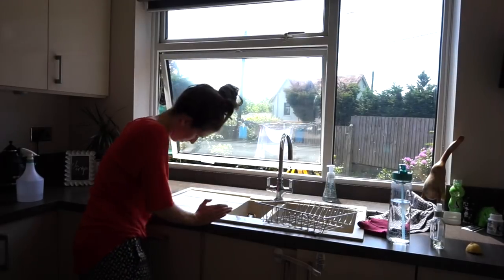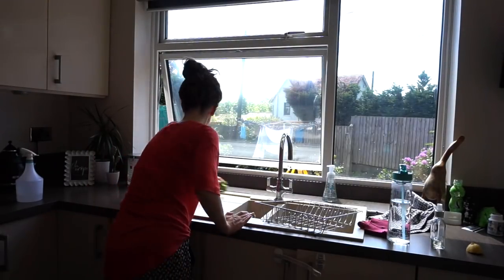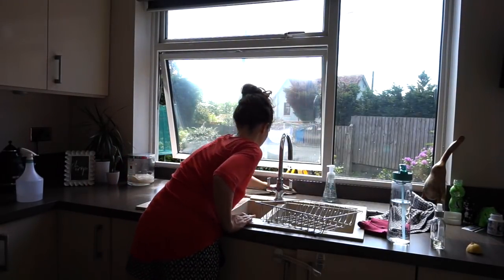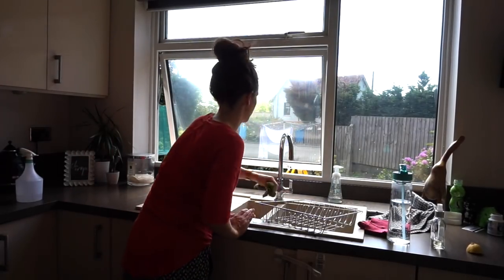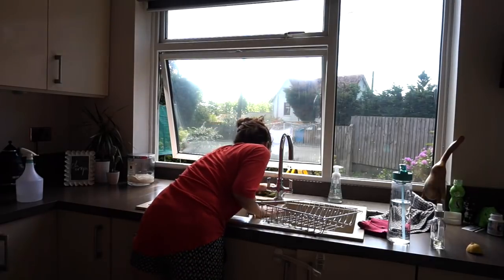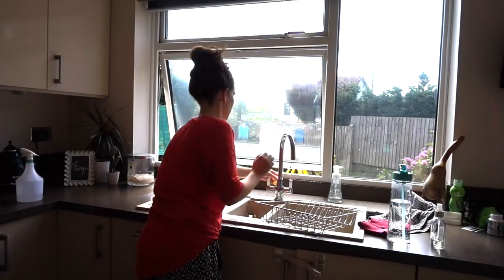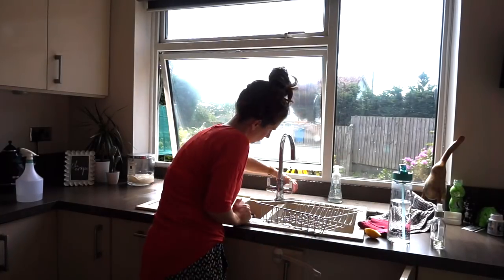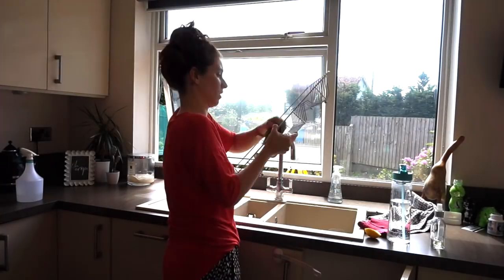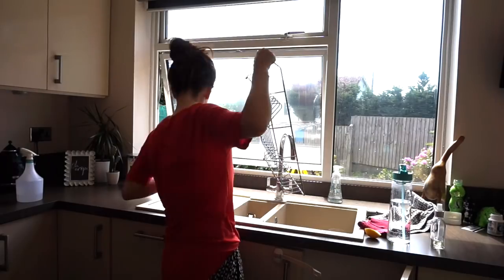Onto the sink area, and I'm just spraying everything down with the vinegar spray, and there's quite a bit of lime scale that's built up around the base of the tap. So for this I'm using a lemon. Lemons are brilliant, they're really good for getting rid of bacteria, and they're good for breaking down lime scale. So I'm literally just rubbing a slice of lemon onto the tap. I'm putting some bicarbonate of soda on it too, just to really break down the lime scale,